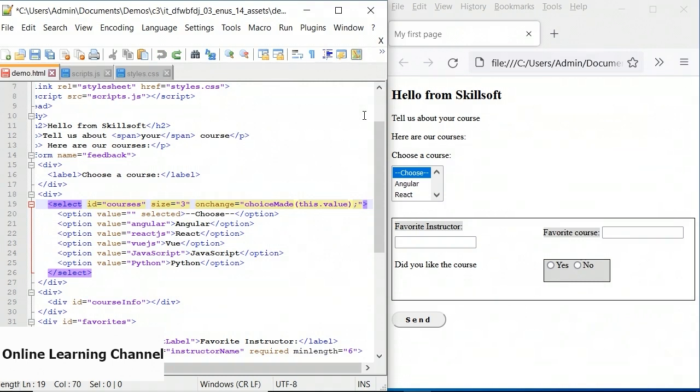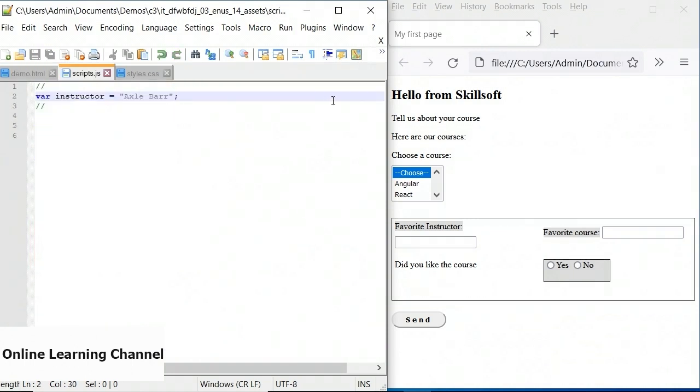In other words, I'm saying this select box, this drop-down list box with an ID of courses, when the user makes a choice, I want the value to be passed into my choiceMade function. So the value will be one of Angular, React, Vue, etc. Now let's save the changes on the HTML document, move over to our scripts.javascript file, and notice that I already